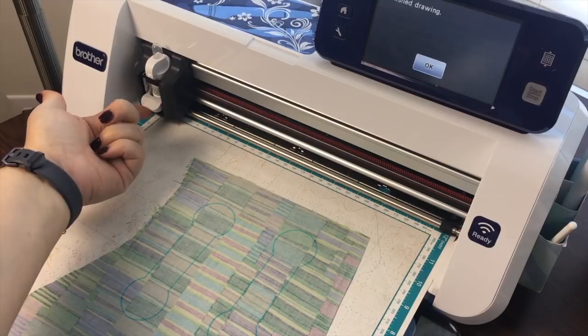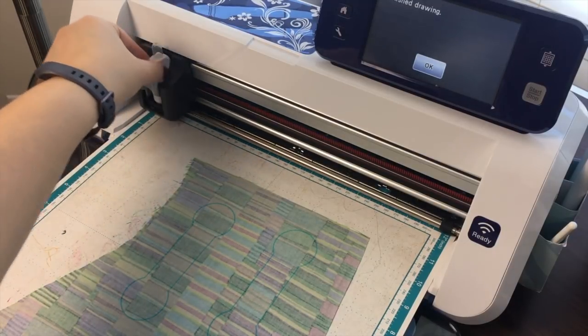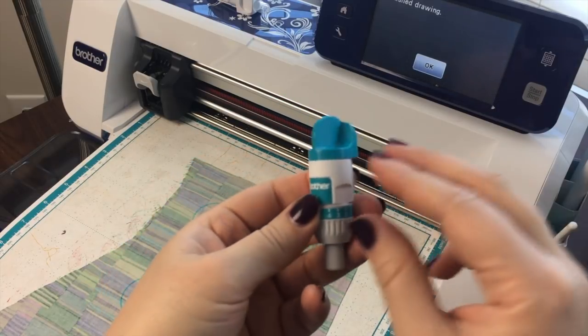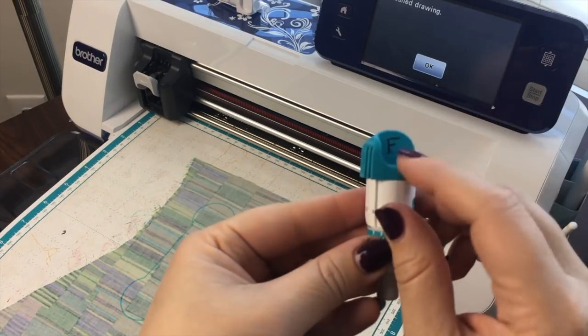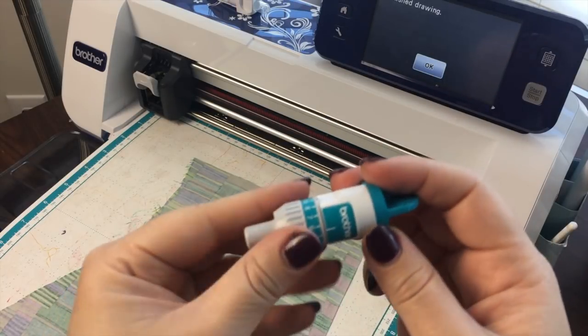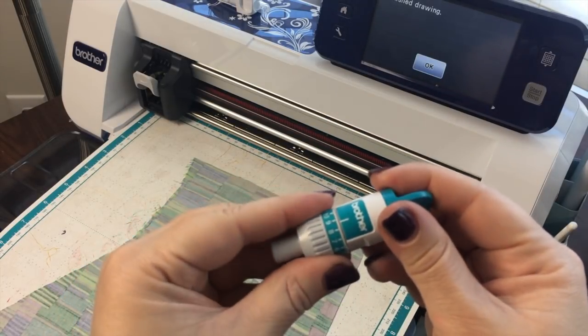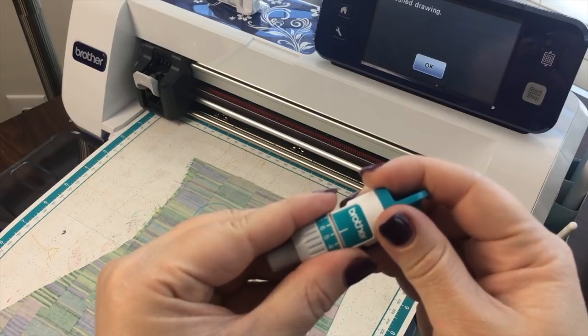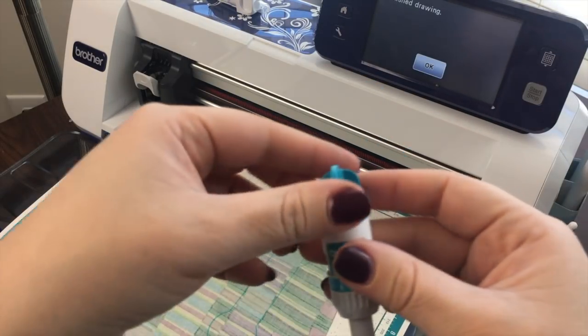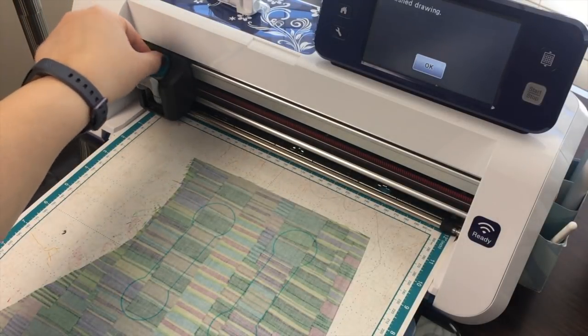Now that that's done, I'm going to remove the pen and I'm going to replace it with a blade. Now the blade that I'm using, you can see I've written F on here. This is a blade that I only use when I'm using fabric, just because I like to keep them separate. I am going to set that to a 5, and I am also going to do a test cut to